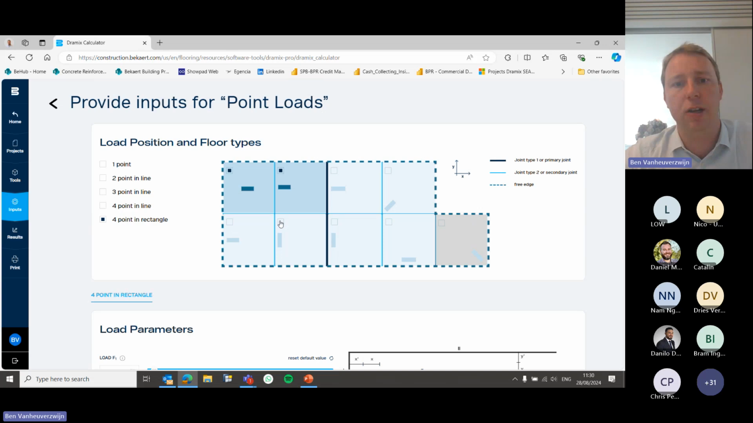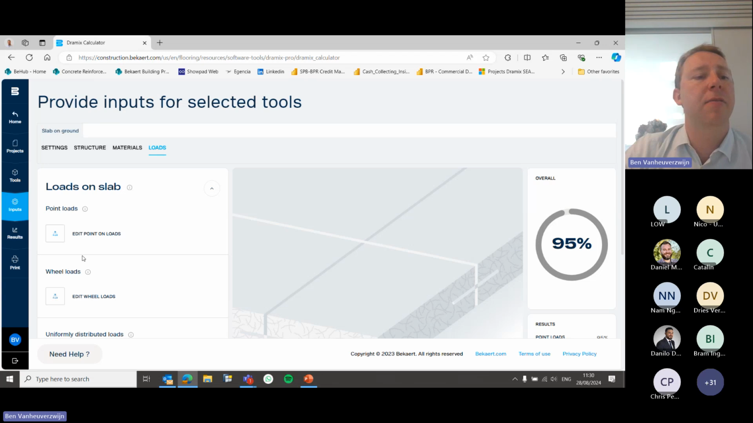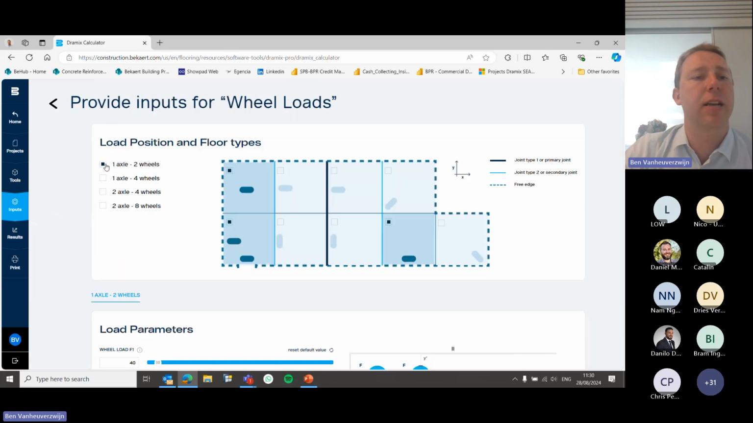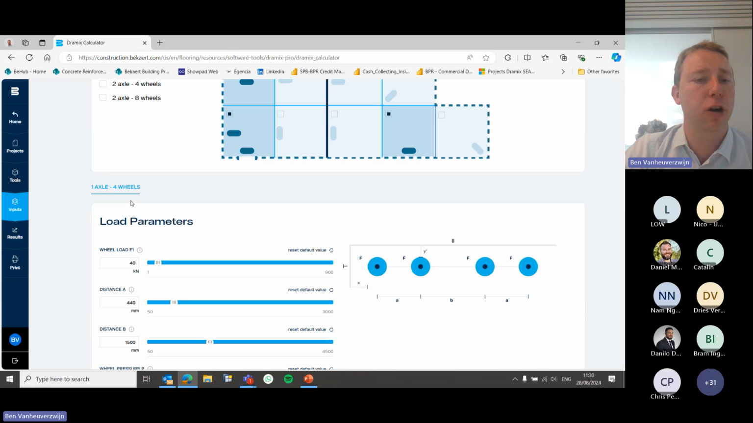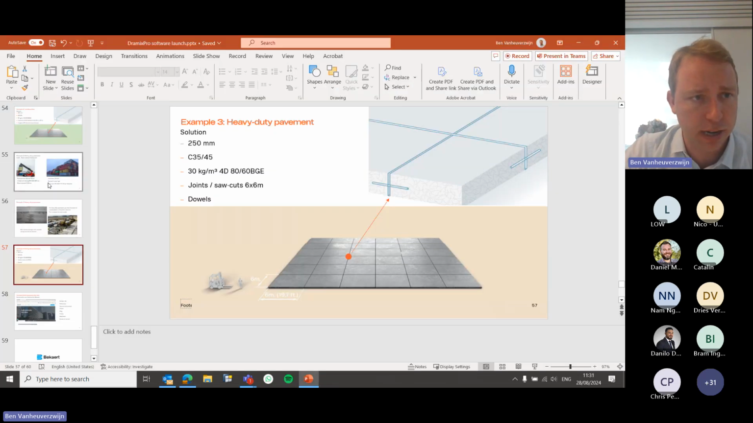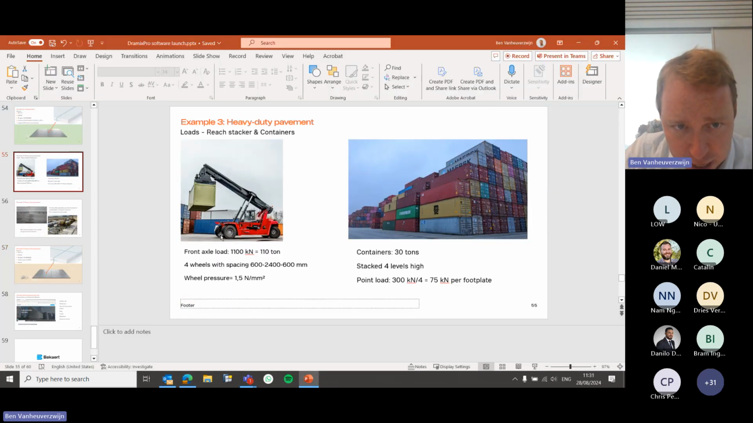And in this case, I will assume that it can be positioned everywhere in the slab. I will not put it on the edge because typically my container, I will not completely put it on the edge of the slab. And then the only thing I need to add as well is the wheel loads. I have one axle with 4 wheels, as I have shown here. So I have my very heavy reach stacker, 4 wheels on the front axle with